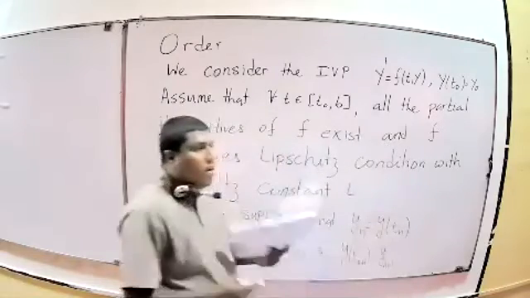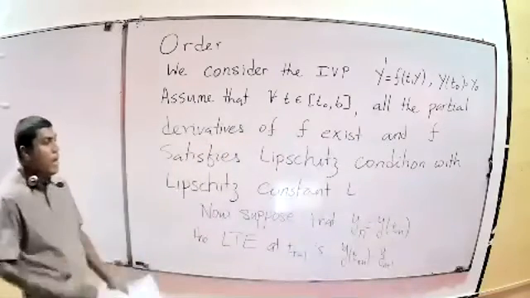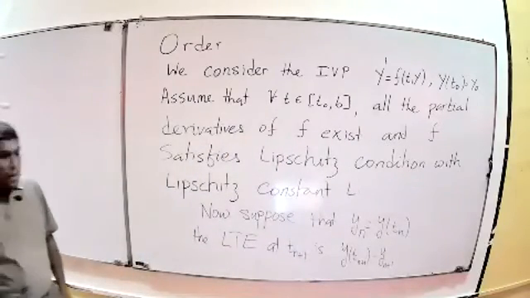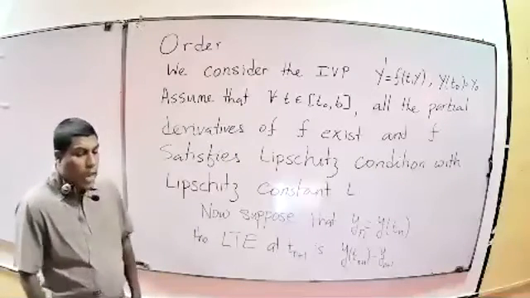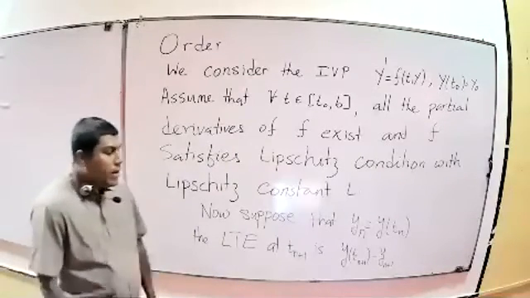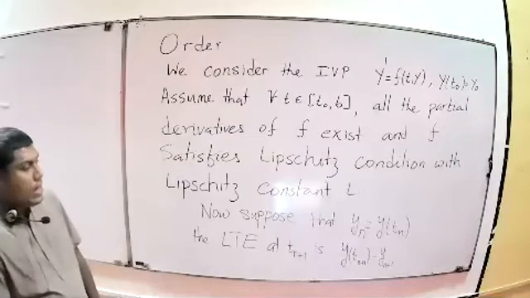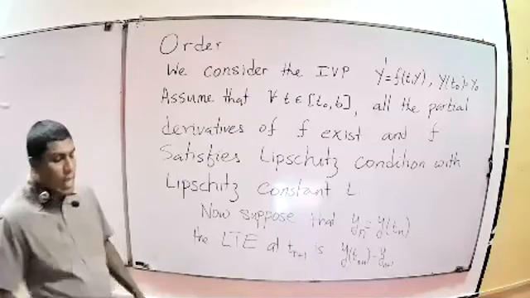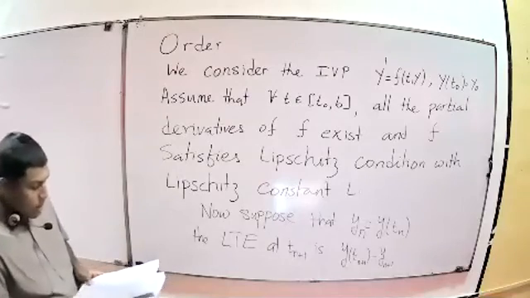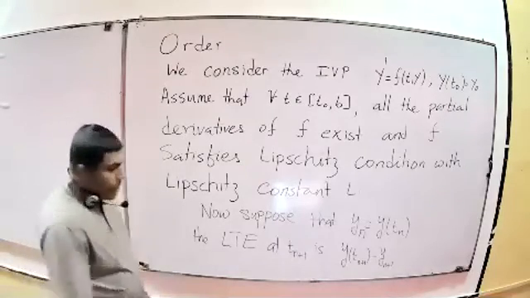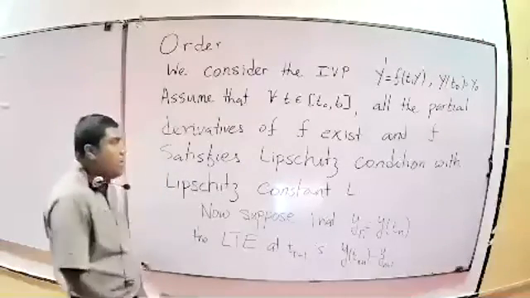So the local truncation error is the real value minus the approximated value at t n plus 1, when the real value and the approximate value at t equal to t n are the same. And then, how do we define y n plus